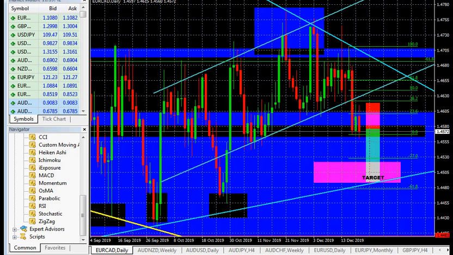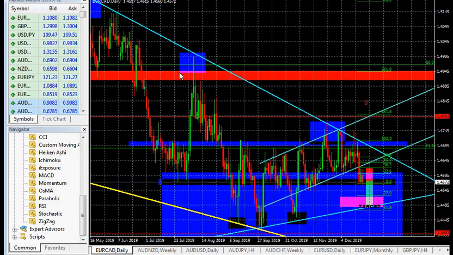Let's go to the daily to see a bigger picture. You can see this is a downtrend making a run, a pullback, a run, lower highs, lower lows. That's a downtrend. So inside this downtrend, you see the market channeling, making an ascending channel through the run, the pullback, run, the pullback, run. Then you see the market breaks and makes a lower high here.